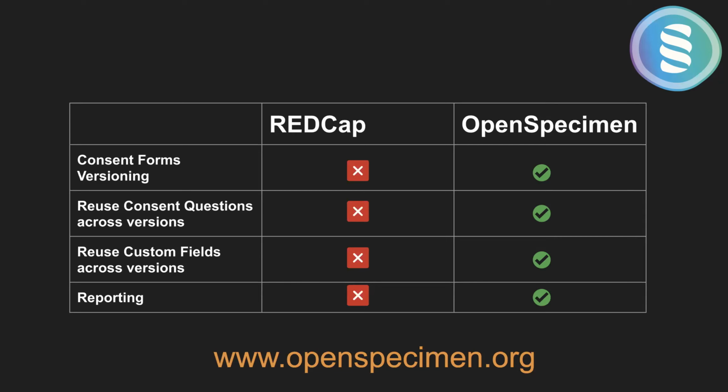It is not just versioning. REDCap and Open Specimen also support multiple languages. For example, the Columbia University team can have the same consent in Spanish and in English. But how do you now generate queries across these two forms, right? If they are independent questions, independent fields, it is very difficult to create reports, because when you're looking at patients and patient data, you're least bothered about whether the patient consented using a Spanish form or an English form. So that is where reusing the consent questions comes into the picture.